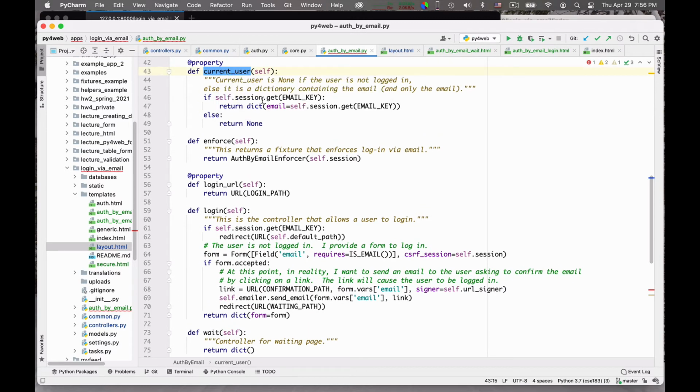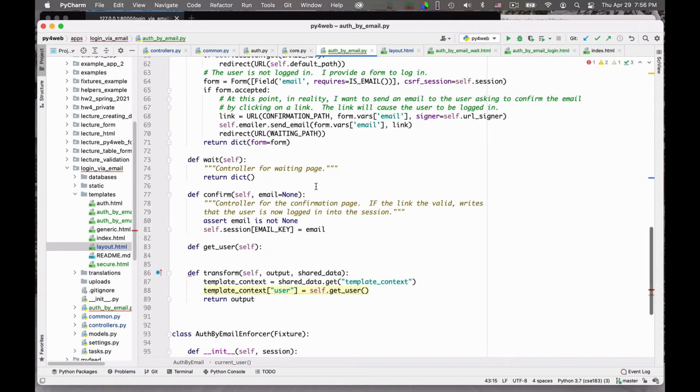Well, it's the same as the current user, I think, what I want to return. So I want to have an object that acts as a dictionary and has an email method. Okay, so I can simply say self.current_user.